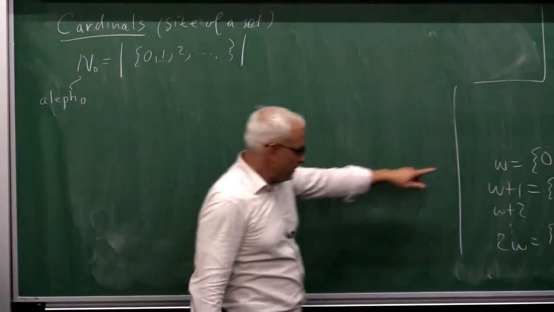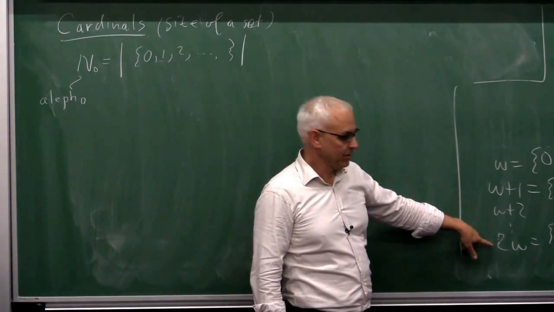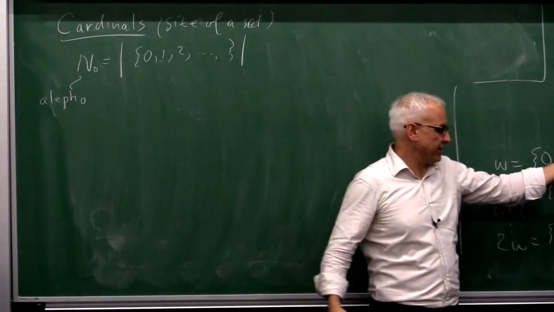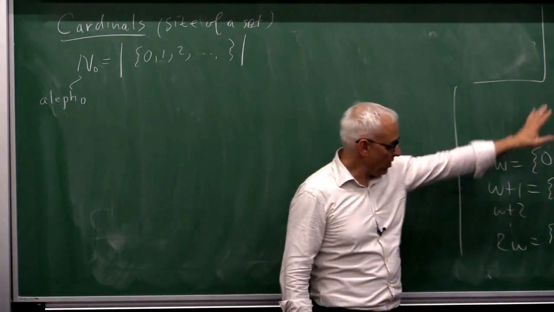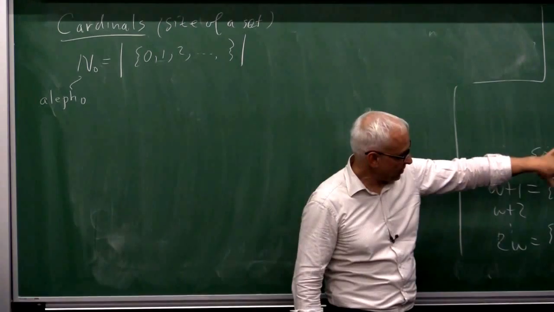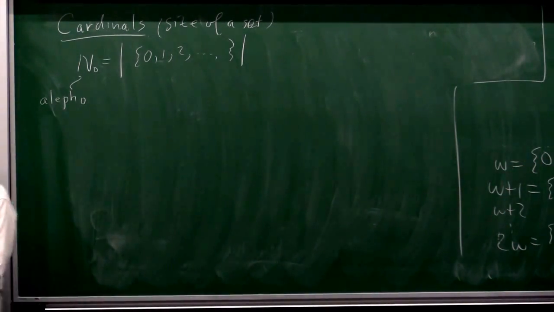In fact, the sizes of W plus 1 and these things are all Aleph naught. Adding 1 to this one doesn't change its size in any real way. So these infinite sets, the ordinals that I've defined here, are all Aleph 0 size. But Cantor, in an admittedly brilliant piece of work, realized that there was a bigger size. Okay? So we come to Cantor's diagonal argument, where he shows that there are bigger infinities around than just Aleph 0.